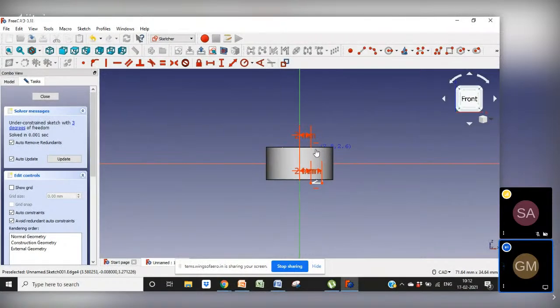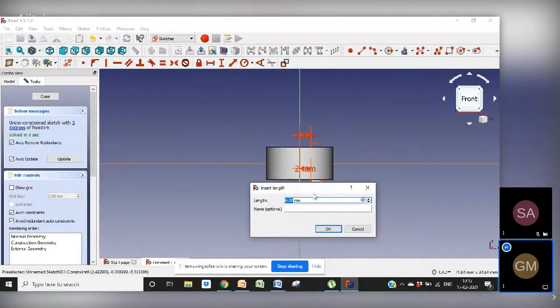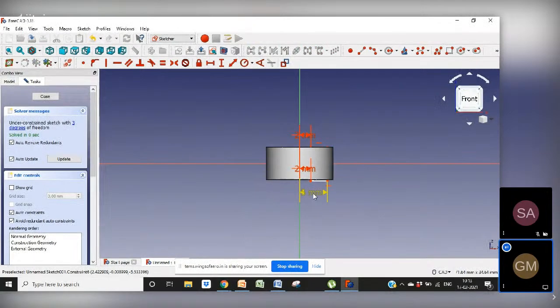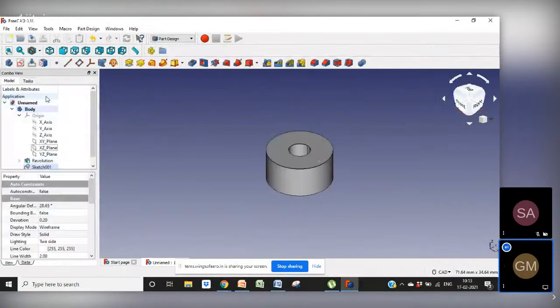Now what I will do, close it. Now with this sketch I will make,